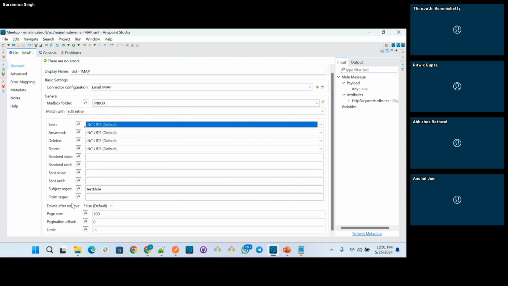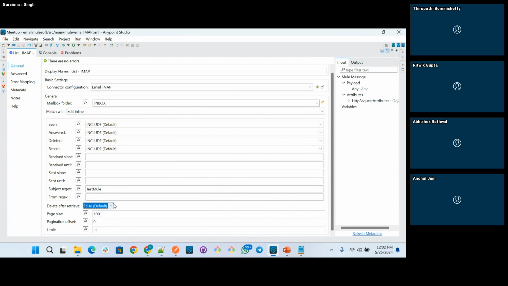Another very important feature is delete after retrieve. Everyone should be aware of this. It is present in many connectors, but still, after an email is retrieved, there may be a scenario where an organization stores emails for maybe two to three years and after that archives the old emails.